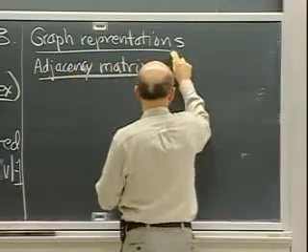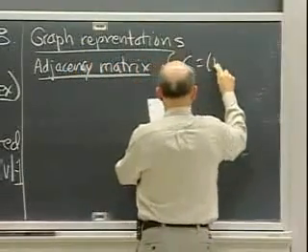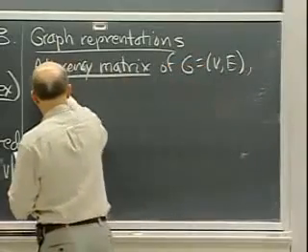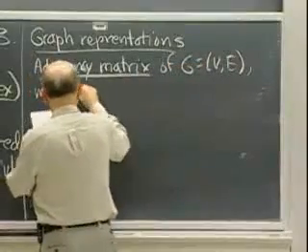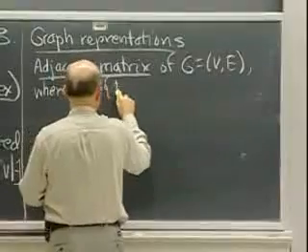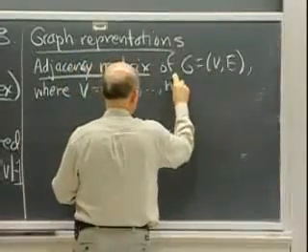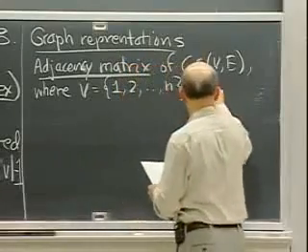The adjacency matrix of a graph G equals (V, E), where, for simplicity, I'll let V be the set of integers from 1 up to n,